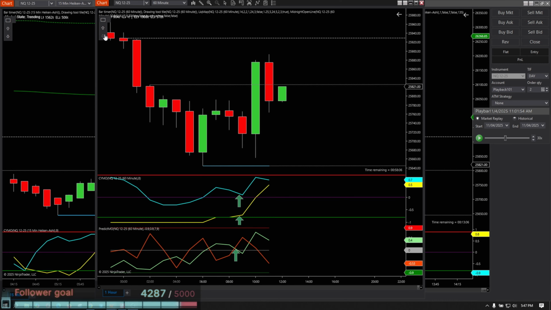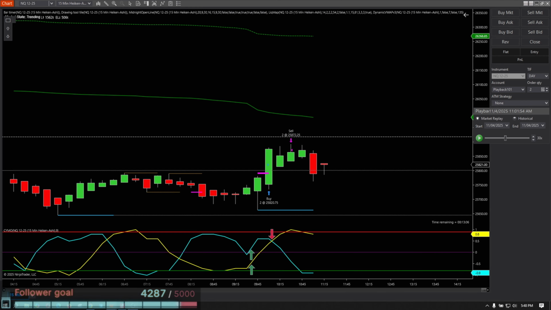It's funny how price just kind of stalled right there at the London high, right? Okay, right here, guys, we just got a break in structure to the downside. The predictor is telling you that price is likely to go down. And if price is likely to go down, I'm looking for trades to the short side, not the upside. I'm going to go over here to our 15-minute chart